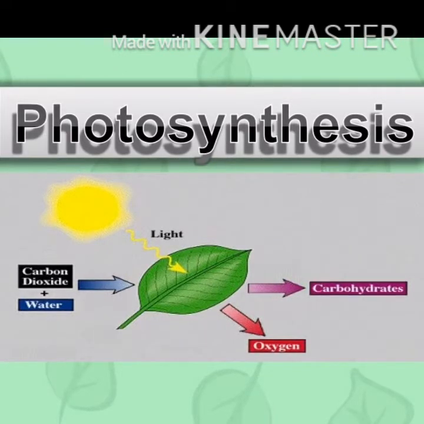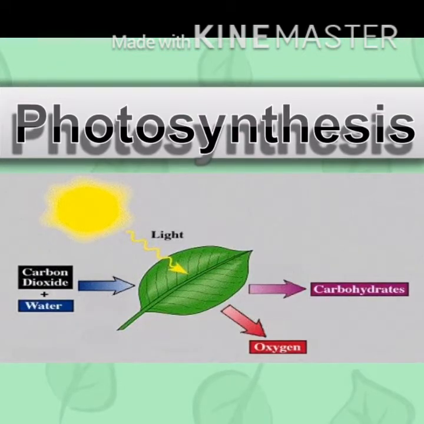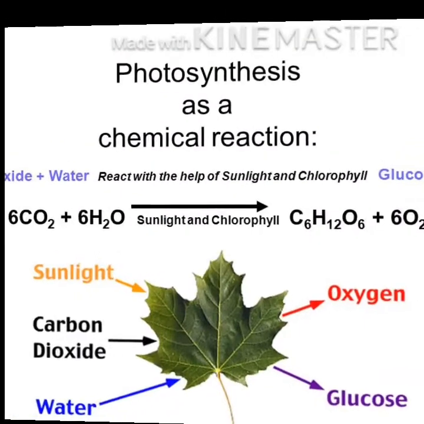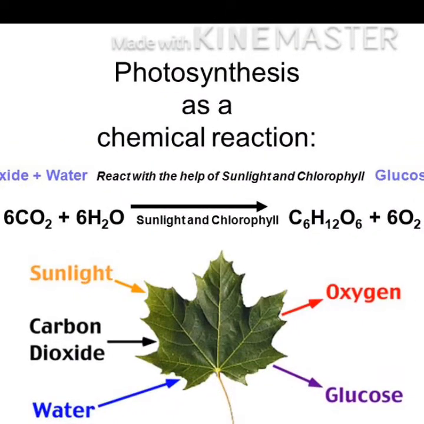It is this glucose which provides energy to plants. Oxygen is released in this process. Thus, in simple terms, carbon dioxide plus water in the presence of chlorophyll and sunlight gives the plants glucose plus